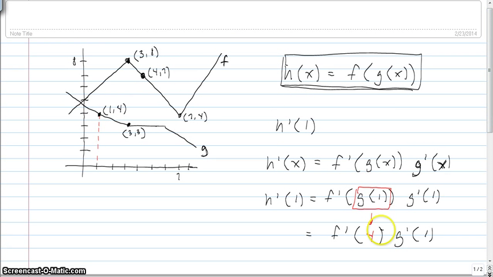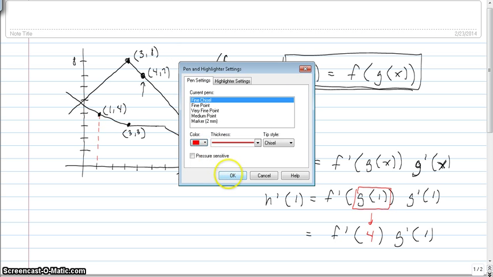So I want the slope of the tangent line at this point, because that's on my graph of f when x is 4. But this is just a line, so I just want the slope of that line,